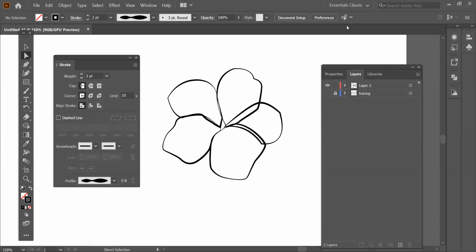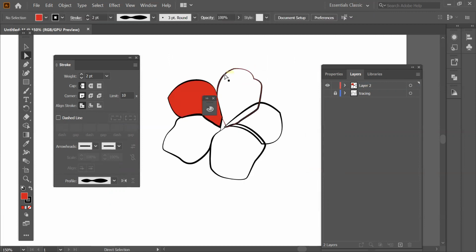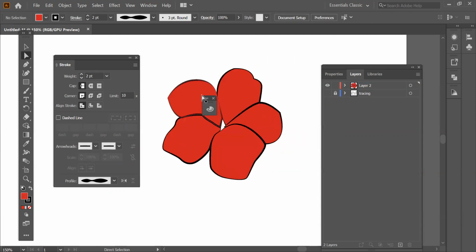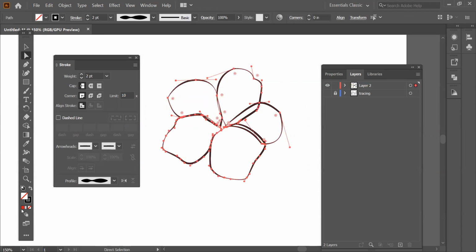Now, how this traditional method works is that everything is overlapping, right? So I'm going to fill the color in this one. Every petal I'm going to fill with color. Let's fill red color in each of the petals, okay? Now, if you see, once you apply the color, remember the overlapping lines, those are not visible anymore. Why? Let me show you again.